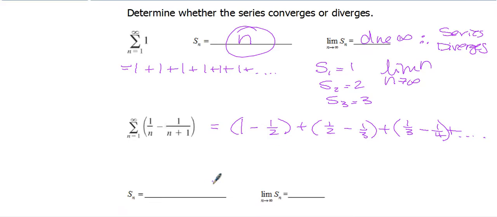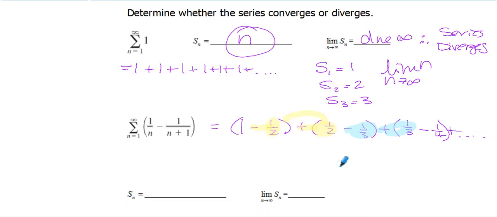Okay, so this is a special kind of series. It's called a telescoping series. The property that makes it a telescoping series is that the last part of this term, which happens to be negative, and the first part of this one, which happens to be positive, equal 0 and cancel each other out. And then the same thing happens, we go over here to the next one, and this negative 1/3 cancels out